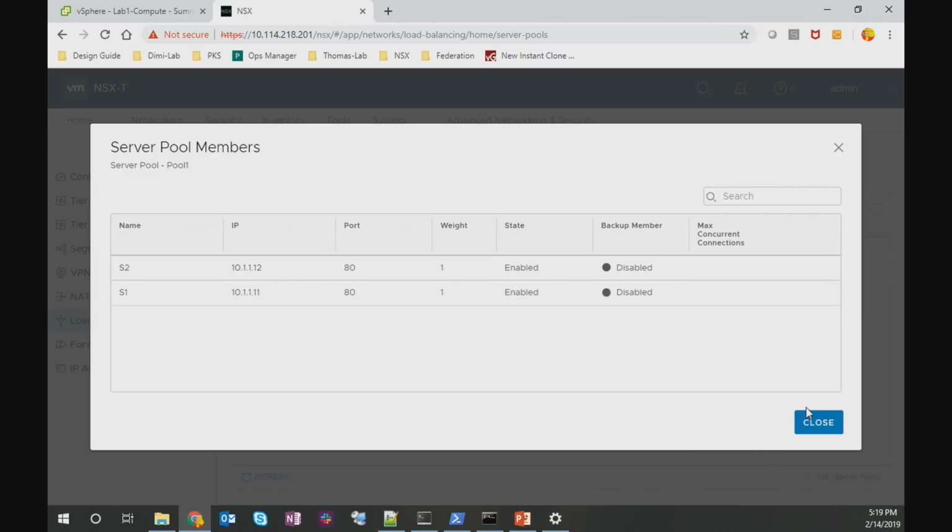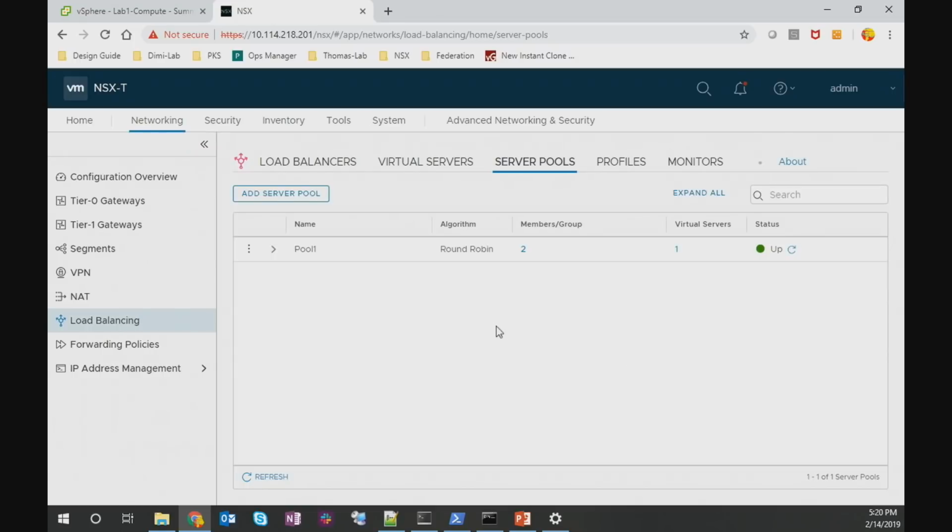All good? Everybody is a dad here or not yet? Some kids? Oh, okay. Okay, so, and then, okay, I mean, you've seen a load balancer, nothing fancy about that,